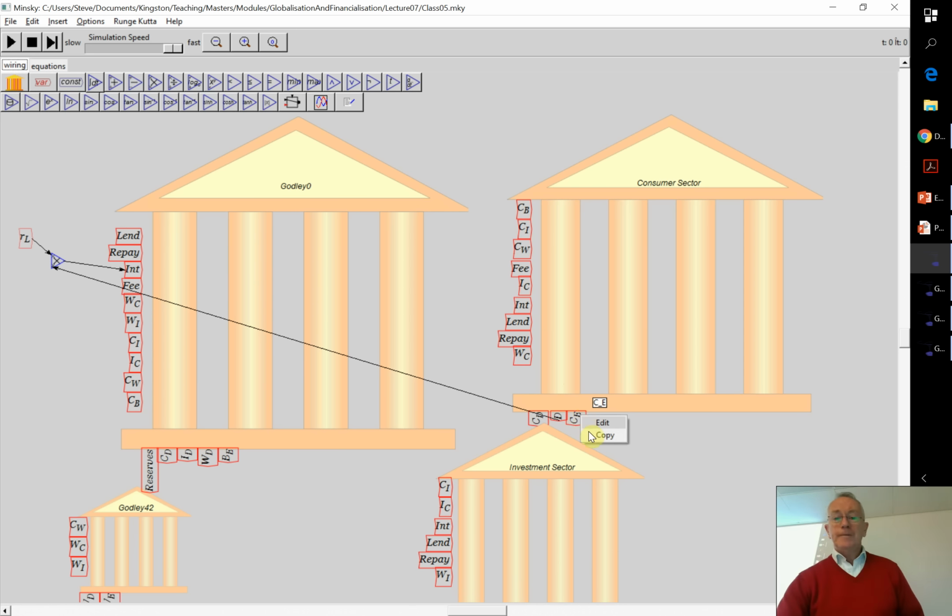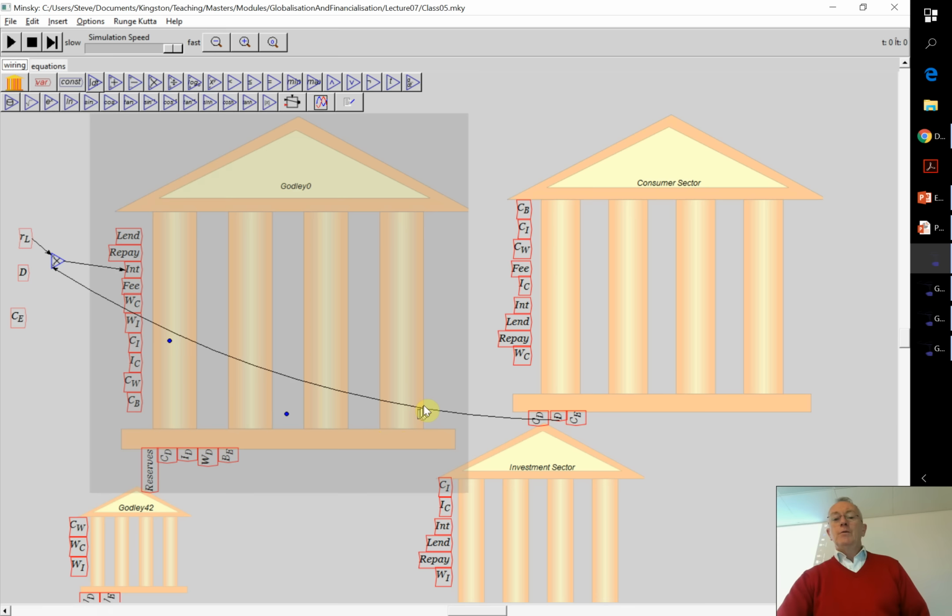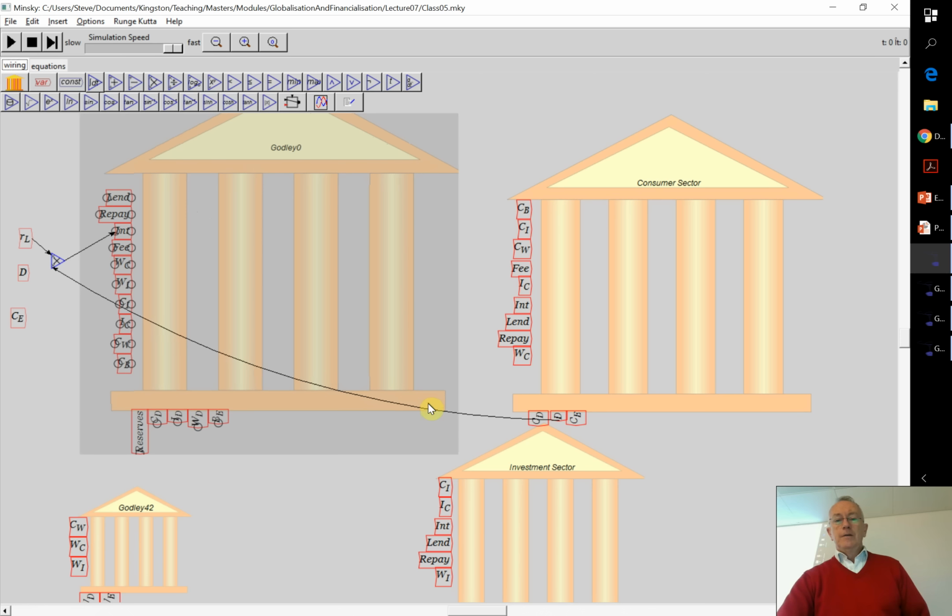Just copy it. And then you notice you can just see the icons turned up there. When you drag it sideways, I've grabbed the wrong one, I grabbed CE. Let's go back here and I'll just right click and choose copy D and bring debt over here. And notice that arrow, when I go near the arrow, a little dot turns up on the arrow. That's got two functions. One to show you've actually selected the arrow. The other, if you click on the dot, you can curve it. And once you've curved it once, you then get other curve points that turn up. So you can curve it again. You can do all sorts of, whoops. Whereabouts are we?